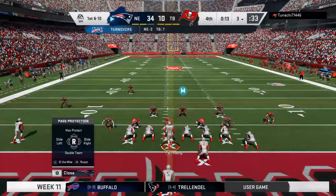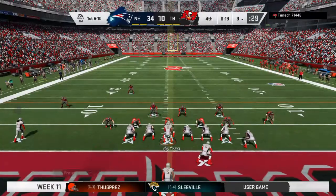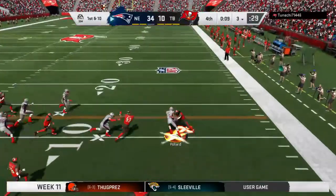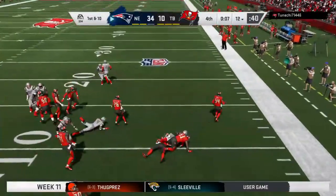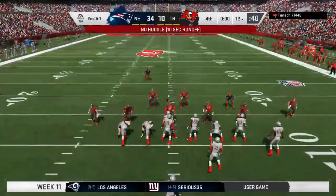The Pats at the line, ready to go. And 3 timeouts remaining here defensively, but really not much reason to use them at this point as this one is all but over. If they use the timeouts here, it's strictly for show. We got a plane to catch. 9 yards is the pickup there, and